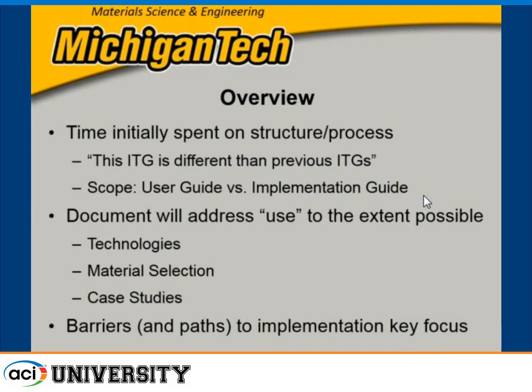So the document then, we do try to stress the use in the document. We talk about some individual technologies, and I'll summarize those here in a moment. We'll talk about material selection. What are these materials exceptional at or good at compared to Portland cement concrete? And we try to provide some case studies of where these materials have been used in actual construction to give,